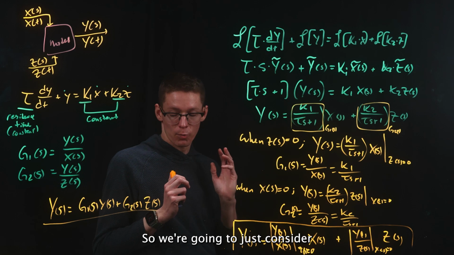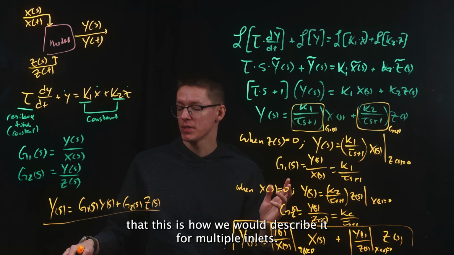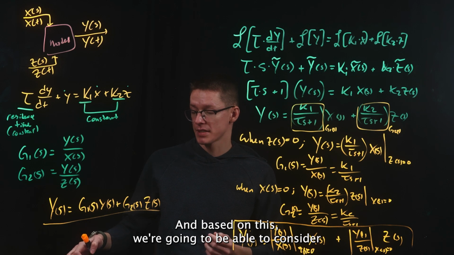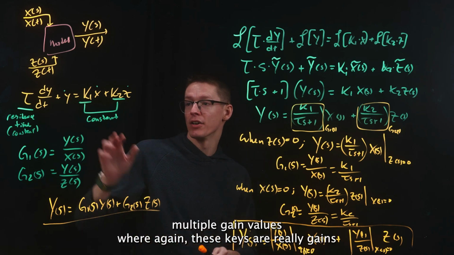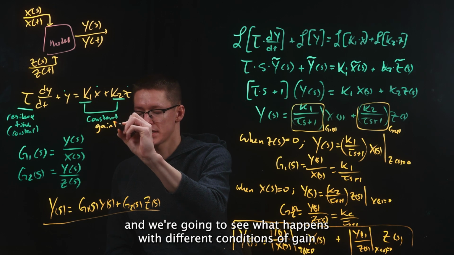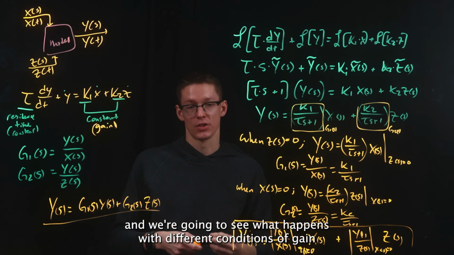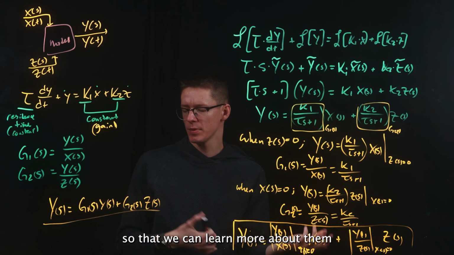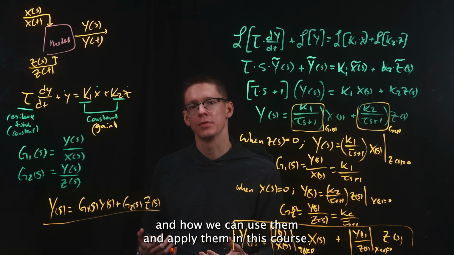So we're going to just consider that this is how we would describe it for multiple inlets. And based on this, we're going to be able to consider multiple gain values, where again, these Ks are really gains. And we're going to see what happens with different conditions of gain and how we can approach different properties of transfer functions so that we can learn more about them and how we can use them and apply them